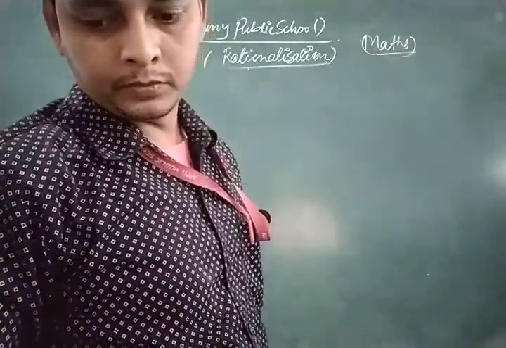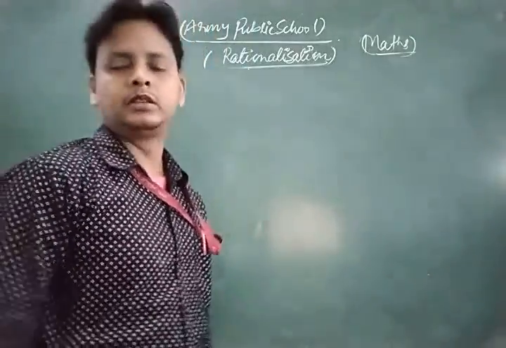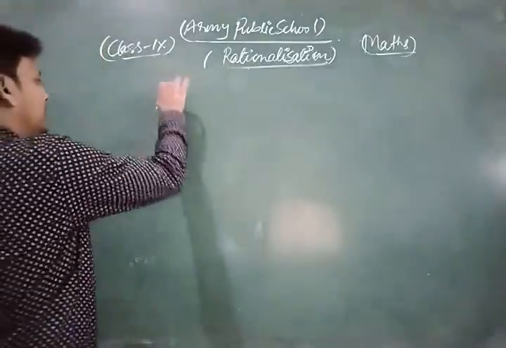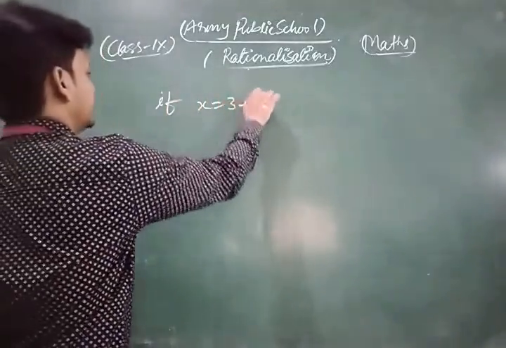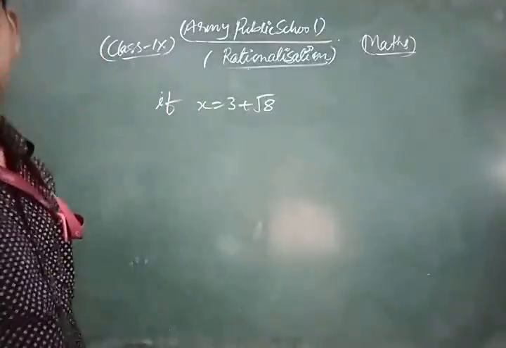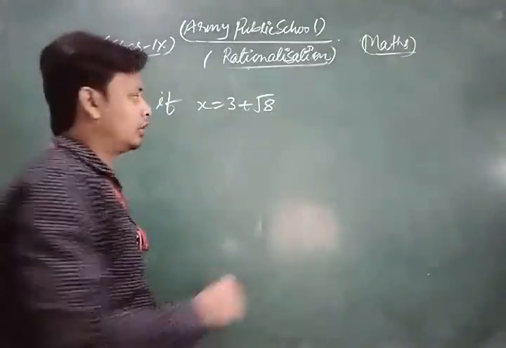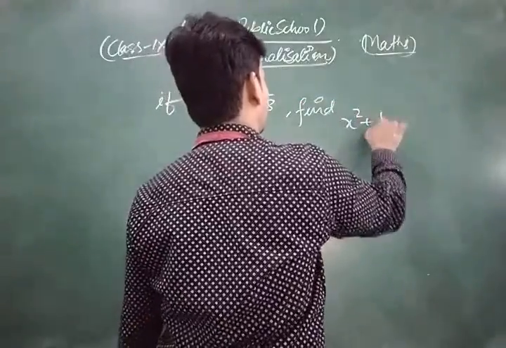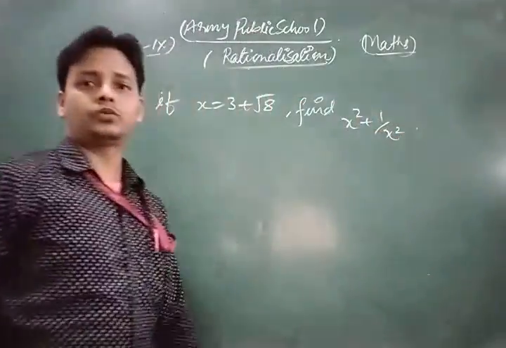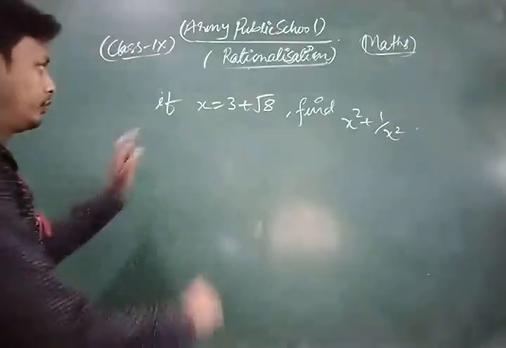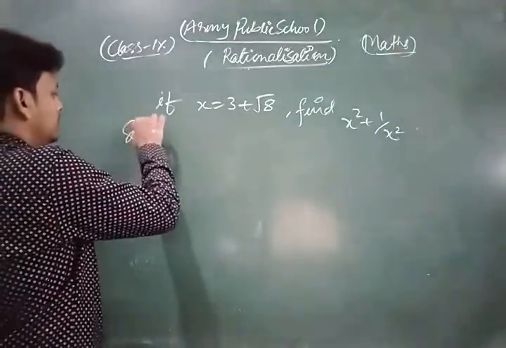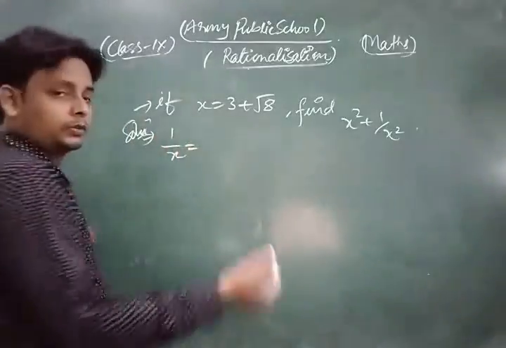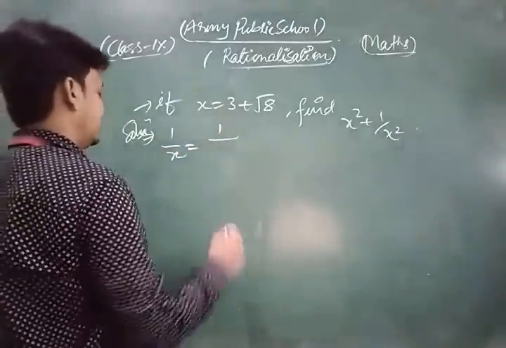Now, similarly, suppose that you have the value x is equal to 3 plus under root 8, and you find the value of x square plus 1 upon x square, then what do I do? So first of all, look at the solution. Here x is equal to 3 plus under root 8, first of all you find the value of 1 upon x. So 1 upon x is